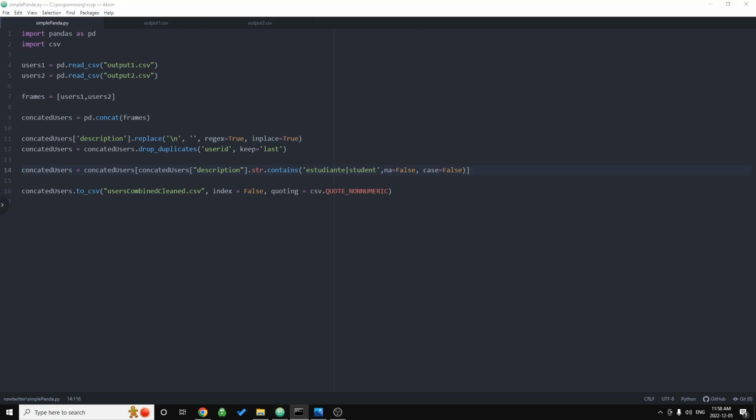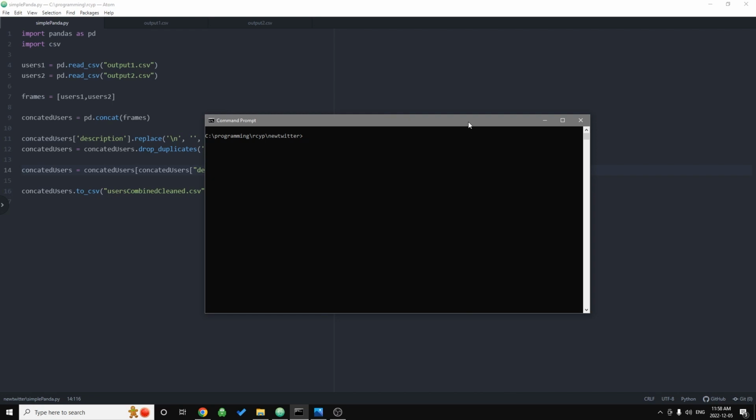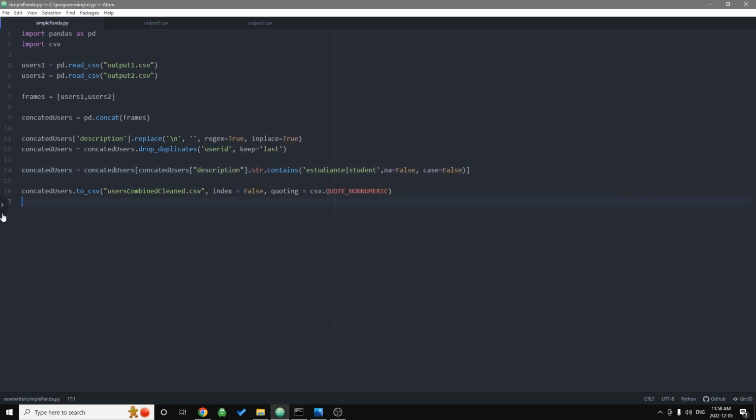Pandas-based Python file. So if I run it now using the Python interpreter, so I'll go python and then simple pandas and press enter. Essentially now what has been created is this new file. So if I open it up,